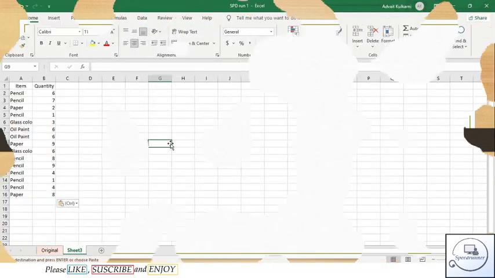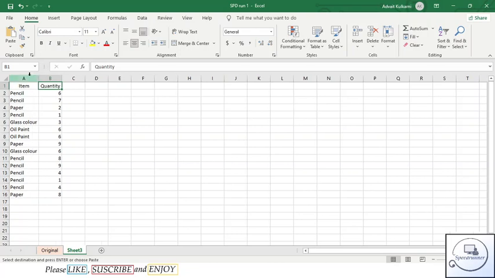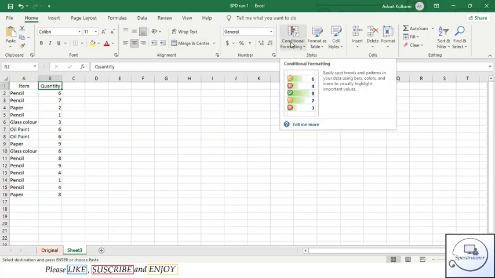Now let us see this conditional formatting in use. Here we can see items and the quantity of items bought. So we are going to apply the conditional formatting.